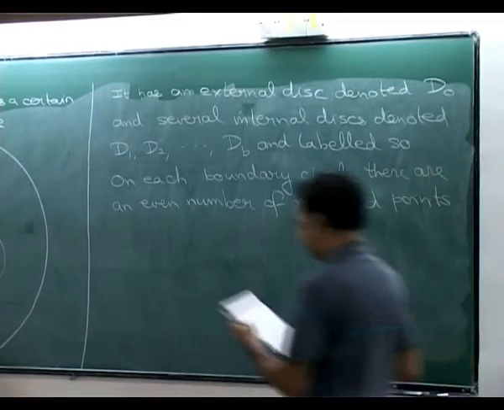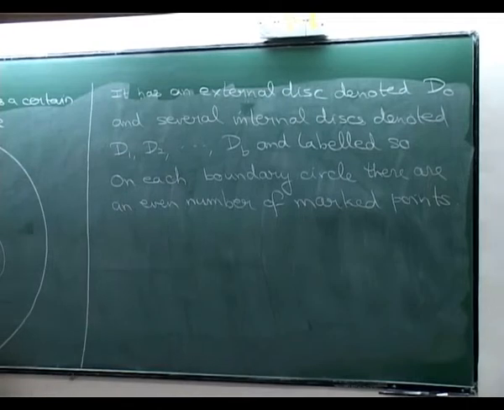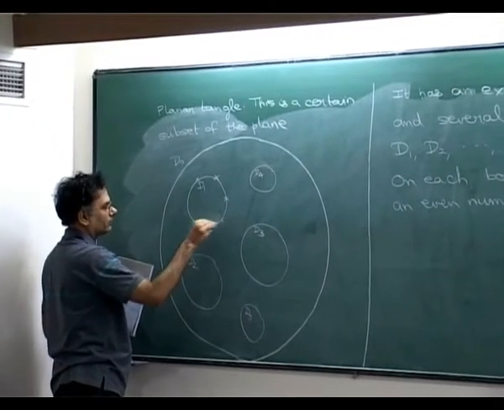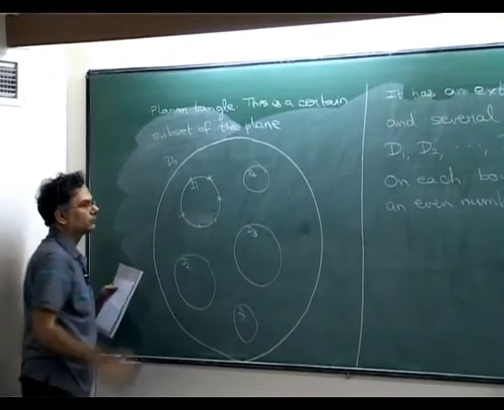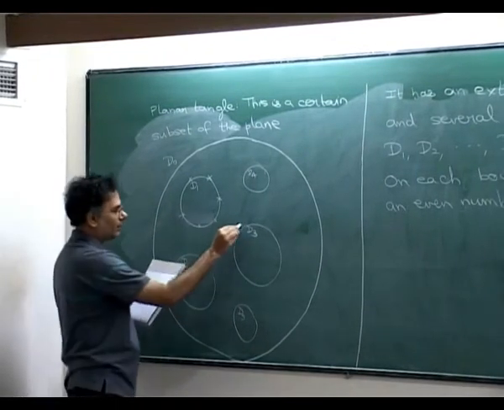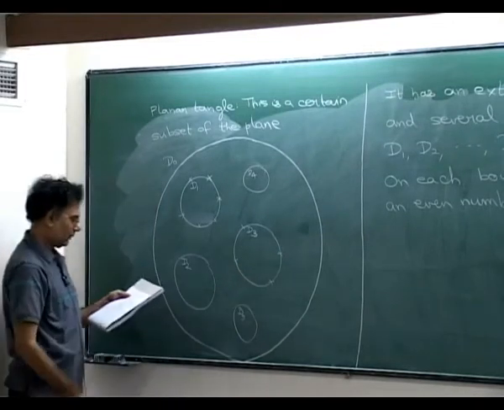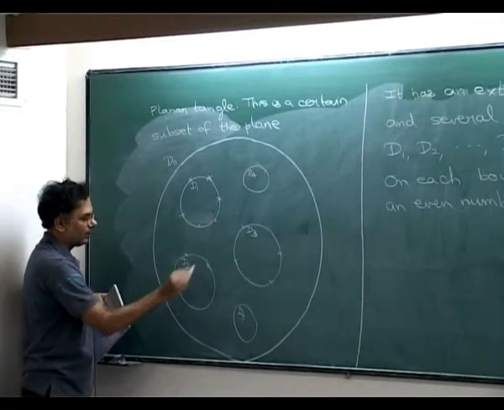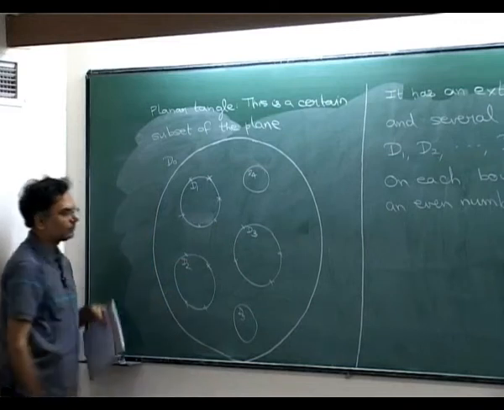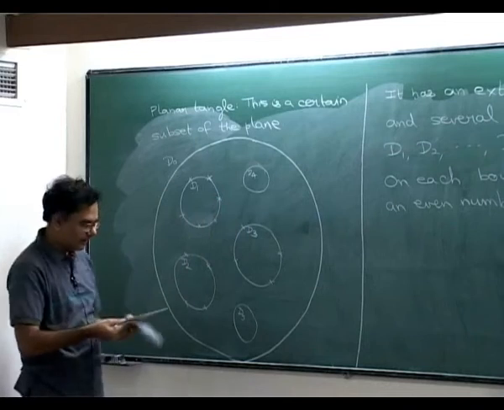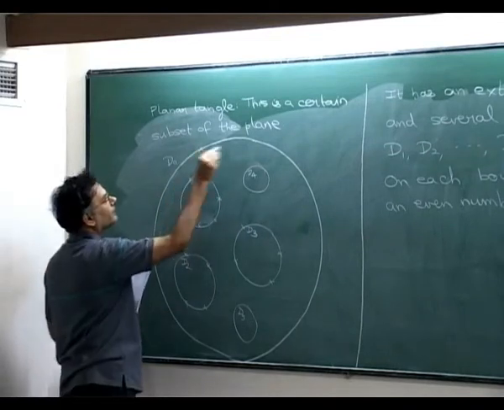So for example, on this one, let me mark 6 points. Okay. On this one, I'll mark 4 points. On this one also, I mark 4 points. And on the rest, on these two, I do not mark any points at all. And on the outside disk, I mark